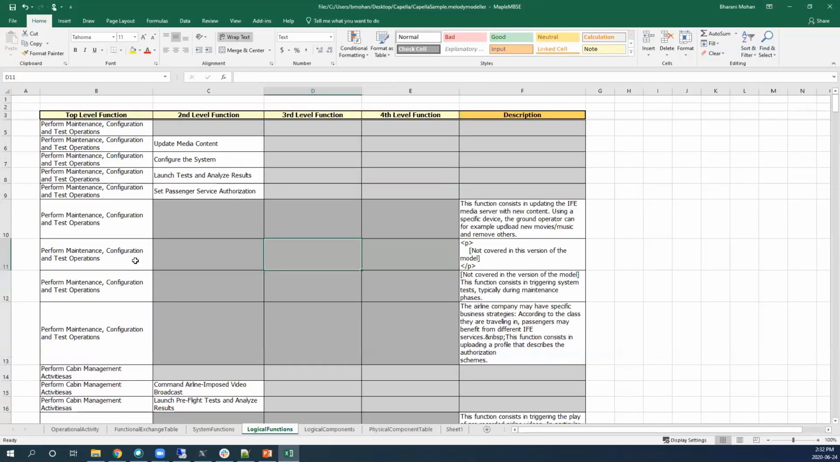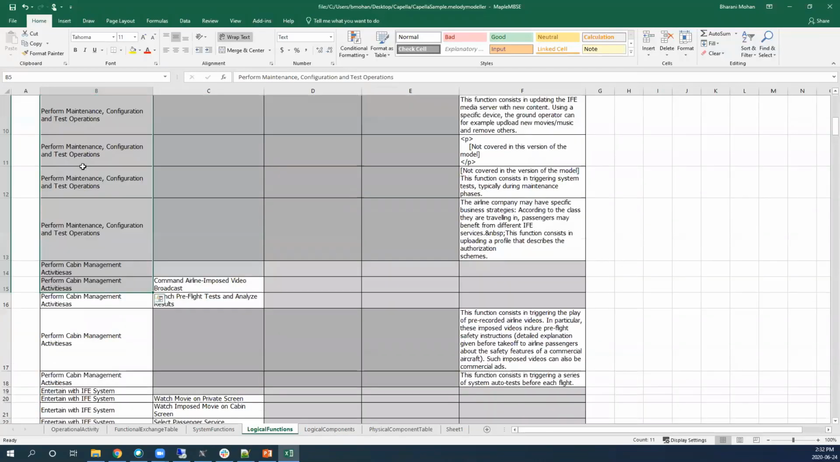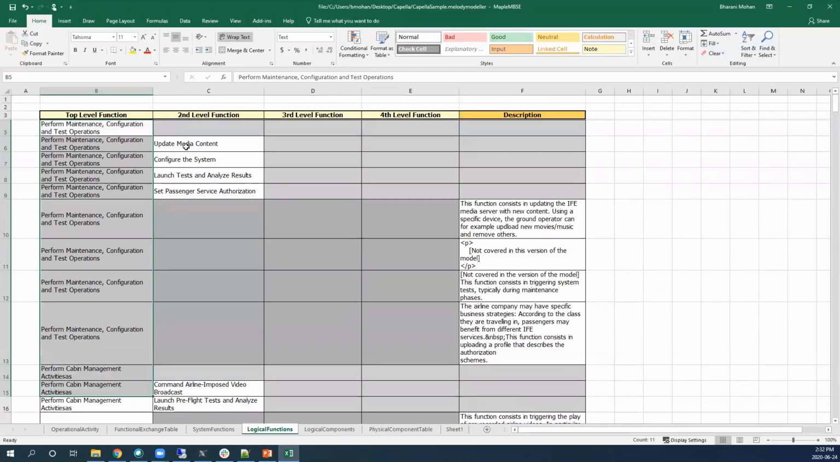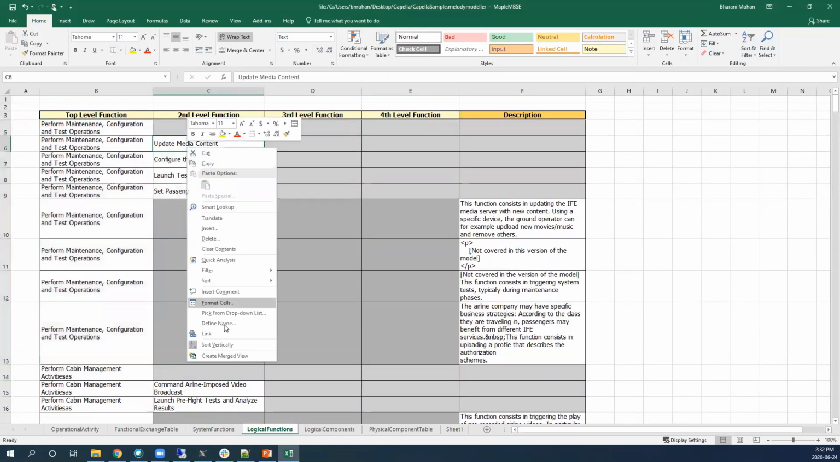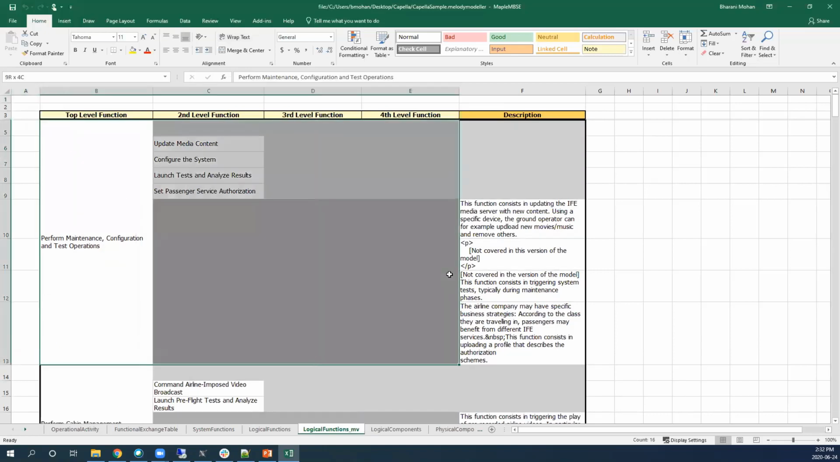Here, as you can see, I have so much redundant information in this table. All of these are repeated, but I want to see it in a more customized view. This is where we can use create merge view. If you right click on the table, you'll see create merge view. Once I click on this, you can see now